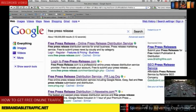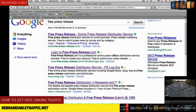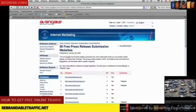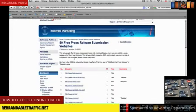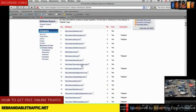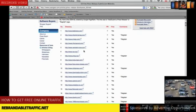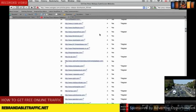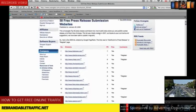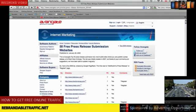First one that comes up is freepressrelease.com. I've looked at a number of these, obviously. Here's one, 50 free press release submission websites. I like ones like that because it summarizes a whole bunch of different places you can go. And I actually see some in here that I've definitely used before: prlog.org, Beta News. There's a whole bunch of them in here. So you could even take a site like this, bookmark it, and then start going through, one by one,